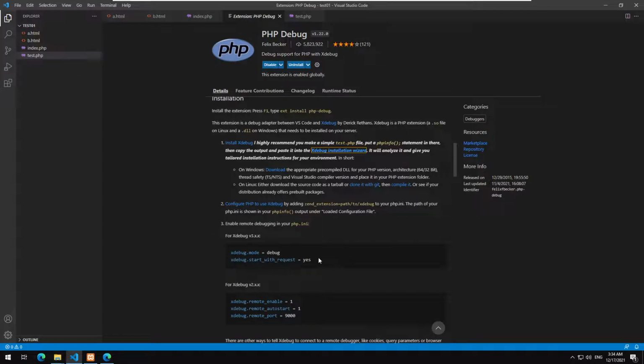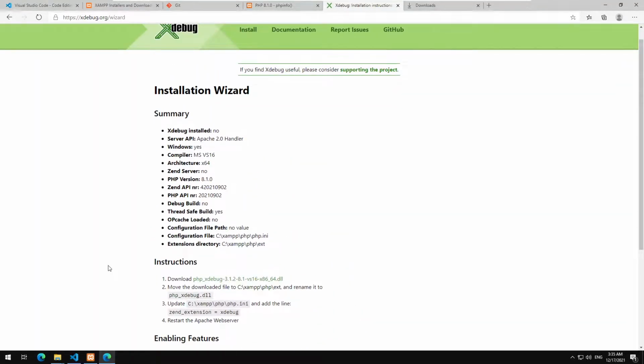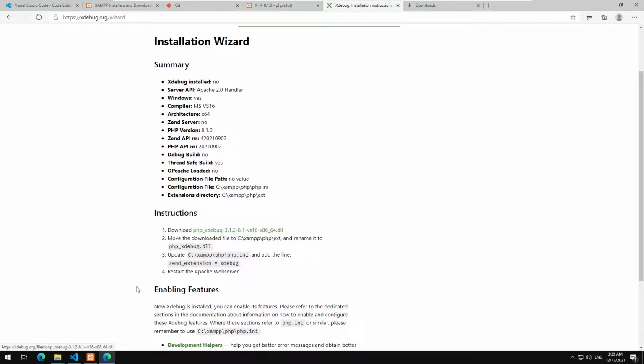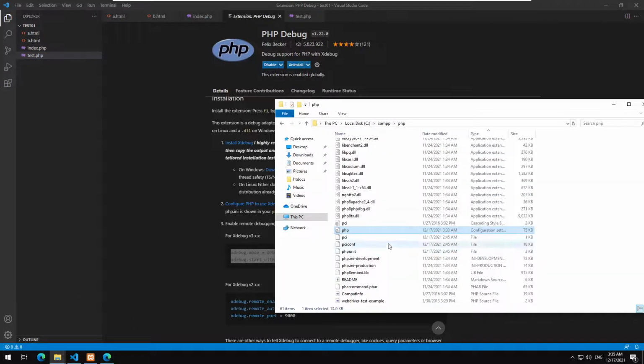Okay, so we need to enable, okay, for xdebug 2, I think, which version did I use? This is 3.1, xdebug 3.1. So here, sorry, it's taking a little bit of time. So I will just copy this one and go back to php.ini, edit it again,